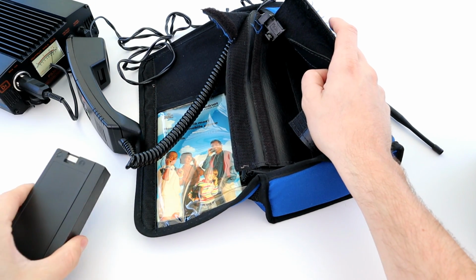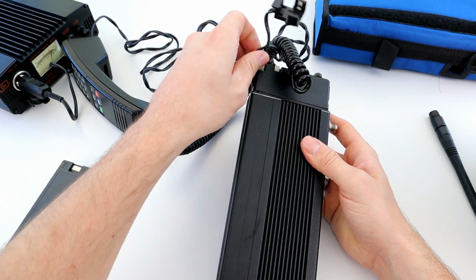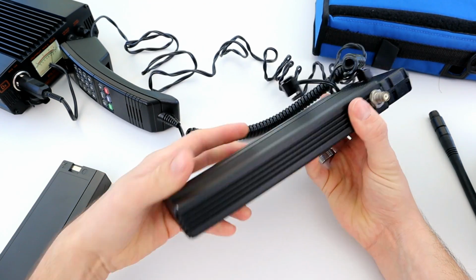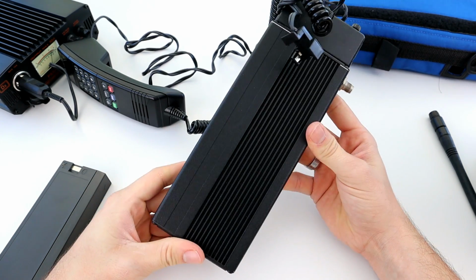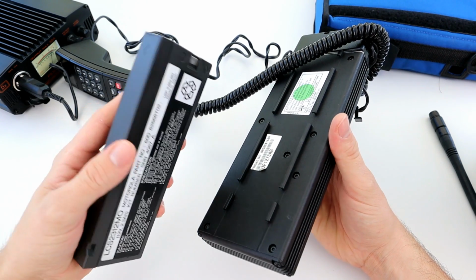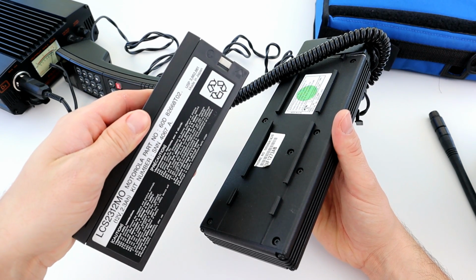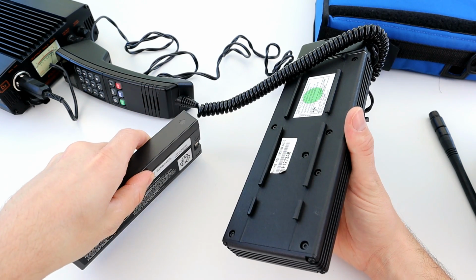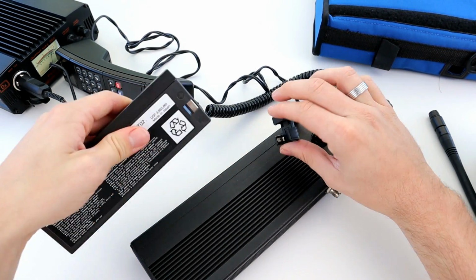we've got a battery there, and the transceiver unit. So this is the transceiver unit here. So you can see it's quite big, and basically we've got the battery as well there. Now this battery is in really good condition. It's a 12 volt 2.3 amp hour battery, which would have powered this phone for a few hours, and it just basically plugs in